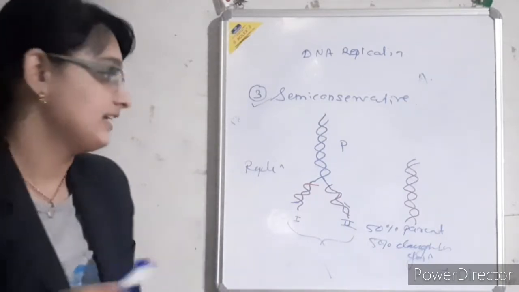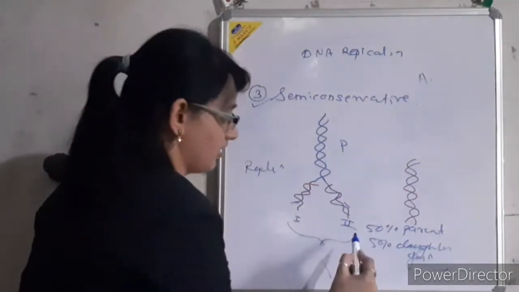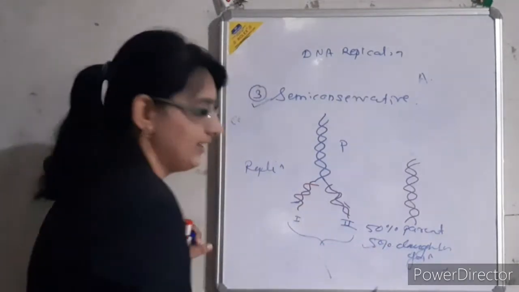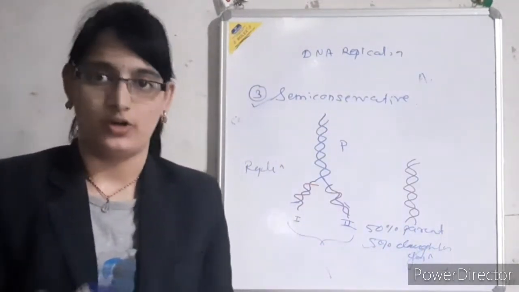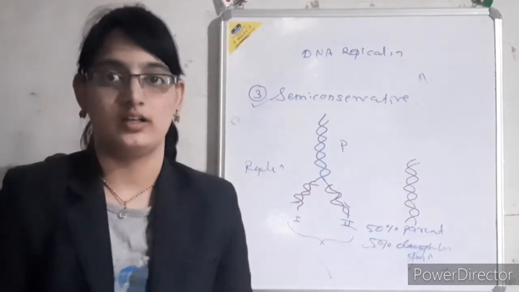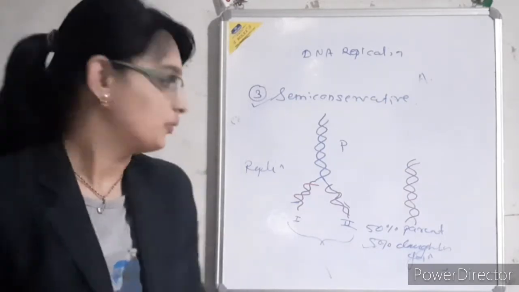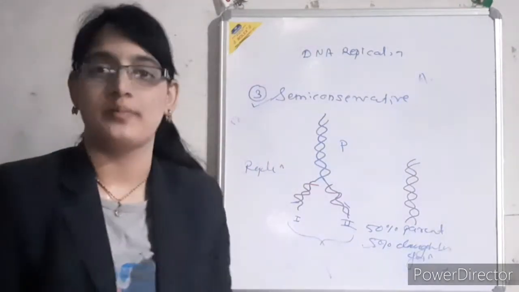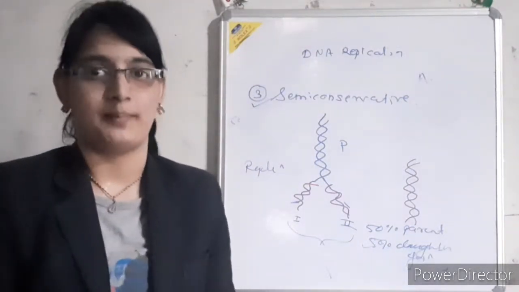Hence, there is some amount of variation because 50% of the DNA is newly synthesized in the daughter cells. That's why variations are caused during the process of inheritance, due to the semi-conservative type of DNA replication. Now we will go into a detailed study of semi-conservative DNA replication and how it occurs in both organisms, the prokaryotic one and the eukaryotic one.